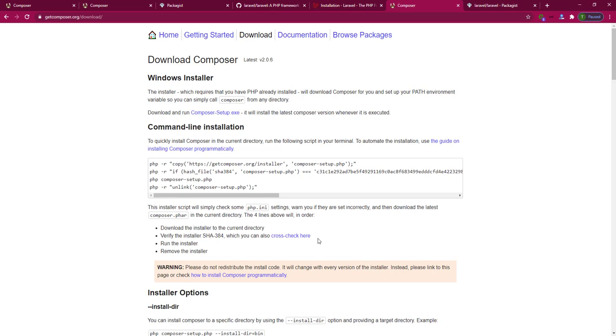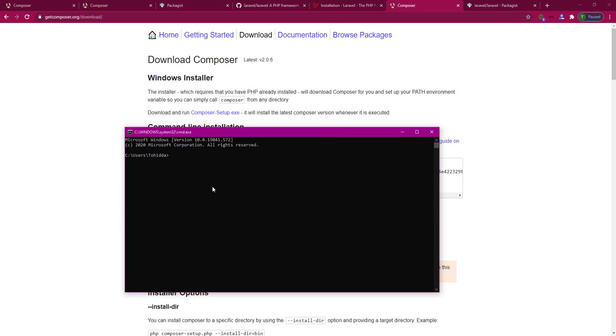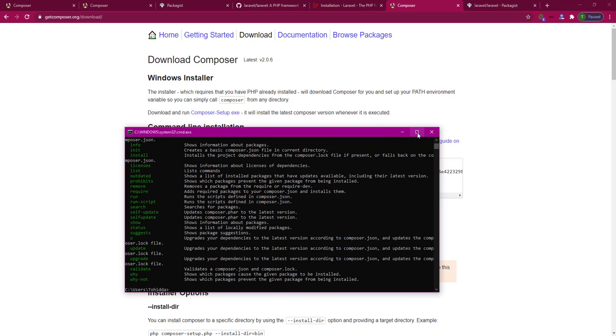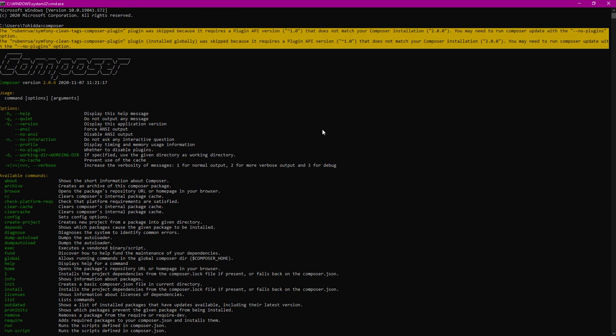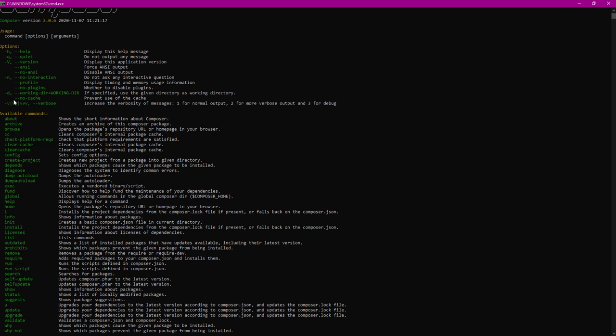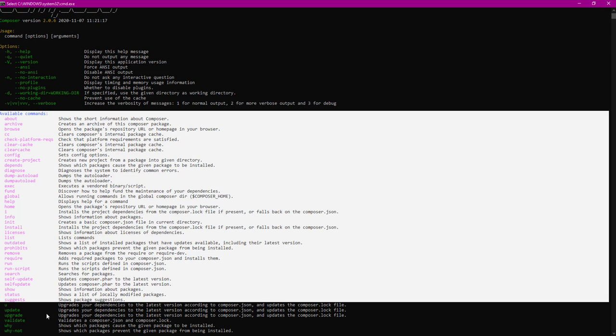For test Composer installed on system, open command and type cmd. Okay, in cmd type Composer and enter. Okay, we see Composer version 2 and other